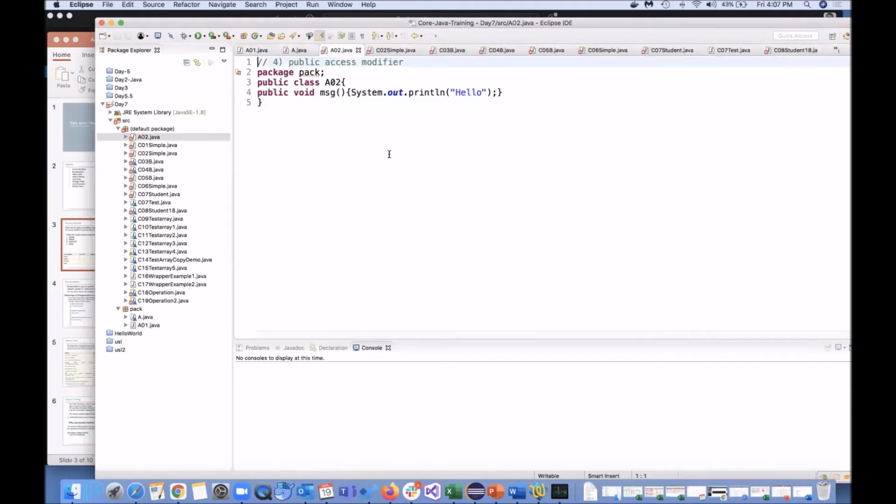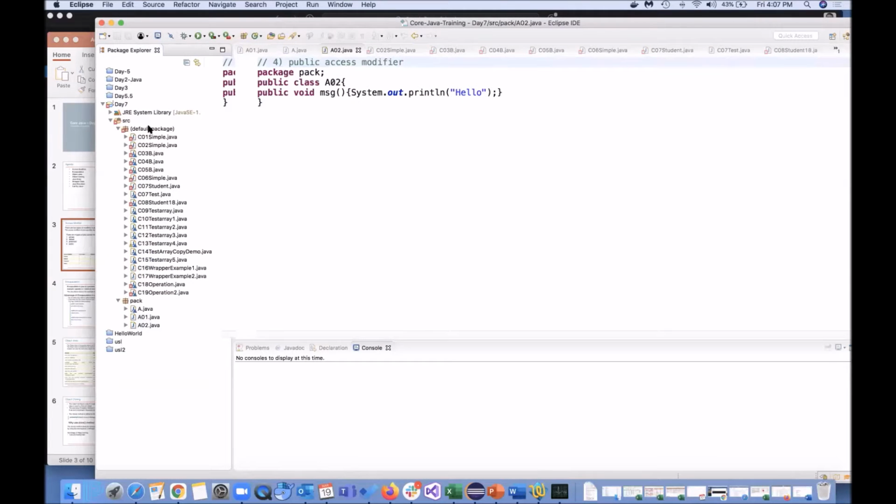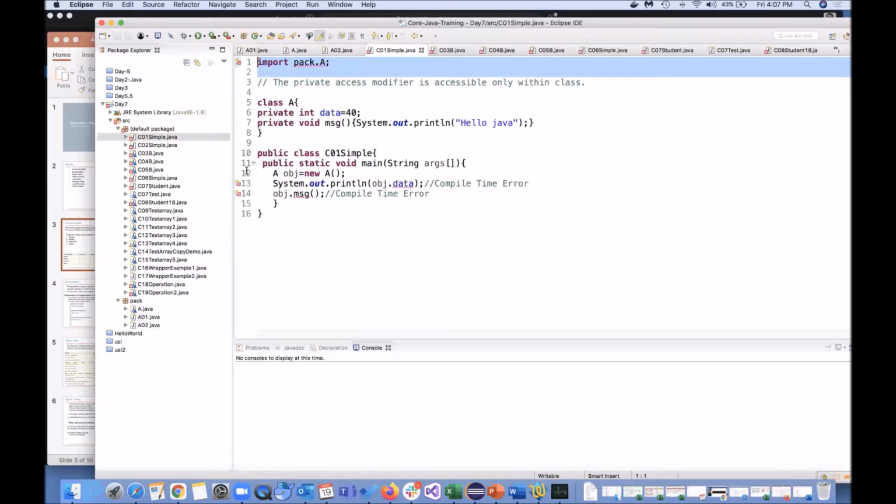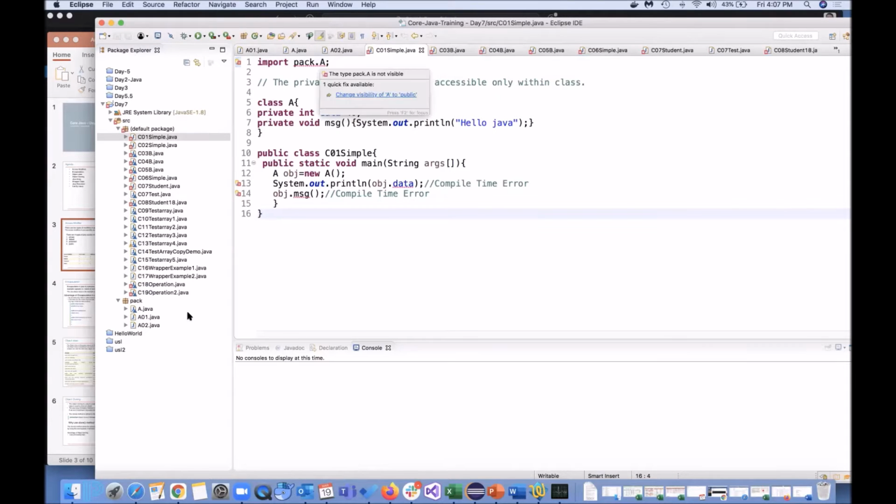So let's see in our coming program. Now for class A02 also this message is there. Now it is public. It can be available outside. Let me move this also in the package. Now this is our first class. Let's see here. What we are saying is import pack A, which means I want to import this class,